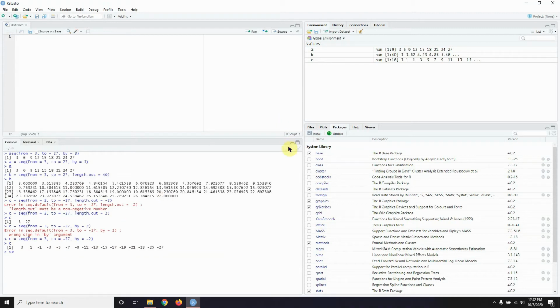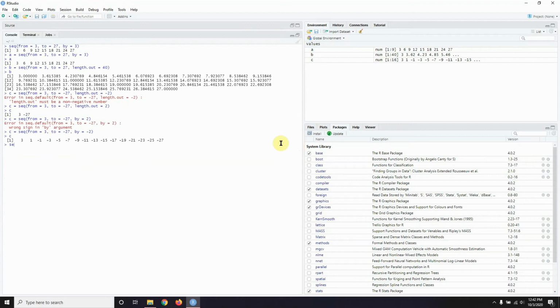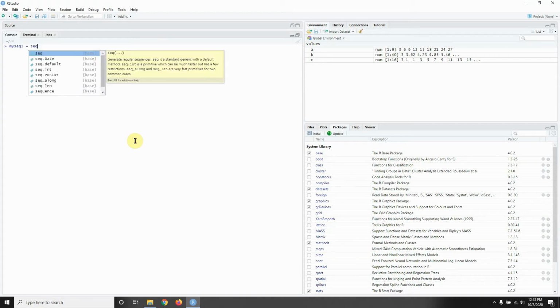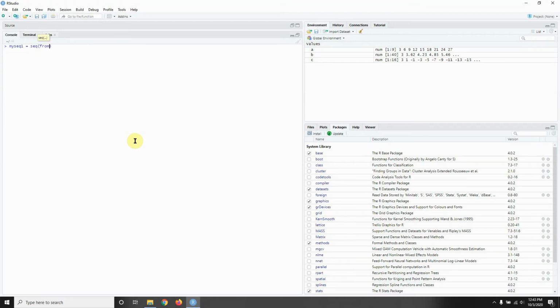Let me give you one more example. Let me move this up here. Sorry about that. I just noticed this will be more noticeable here. There you go. Okay, so let me first clear this window, Control L. Okay, let's try one more example for the sequences. So my sequence 1 is going to equal the sequence from,